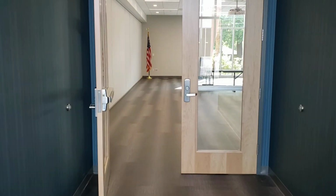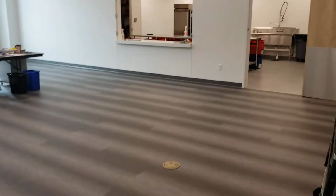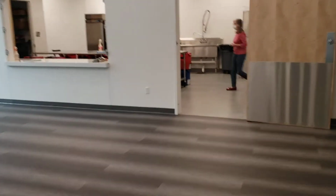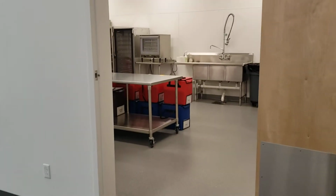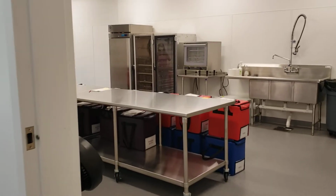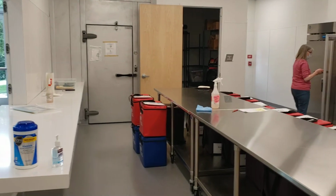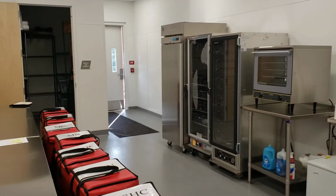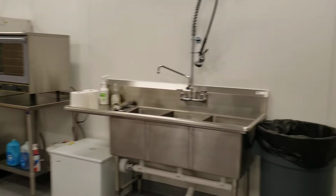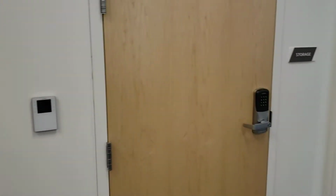It also connects to the catering kitchen, in which the Meals on Wheels program comes in, and you can see they're working that program today. So the catering kitchen is just a warming kitchen. There are warming convections, or ovens, stand-up ovens, a freezer, a small convection oven, a walk-in refrigerator. That's the Meals on Wheels storage closet. And right there you can see the door that the Meals on Wheels volunteers can come in and out of. This triple vat sink. We have an ice machine, hand washing sink, and then a storage door,